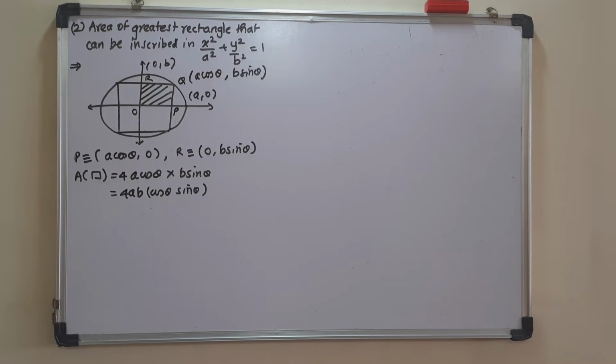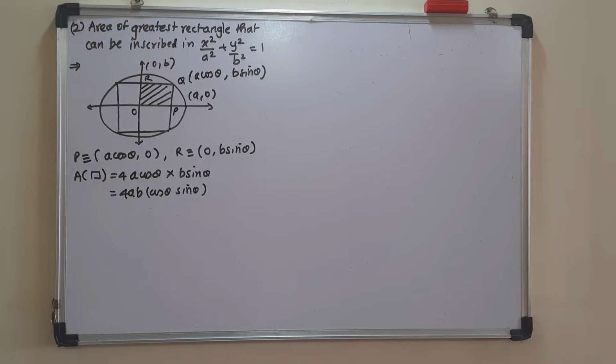Now whether you want to take minimum or maximum, you know that the first derivative must be equal to 0. You can get it solved by converting it into 2 sin theta form, or you can directly differentiate this also, it does not matter, one and the same thing you will get. So when you solve this, you get this as product rule. If you solve it in product rule form, you will get it as product rule, and if you want, you convert it into 2ab into 2 sin theta cos theta, that is equal to sin 2 theta.